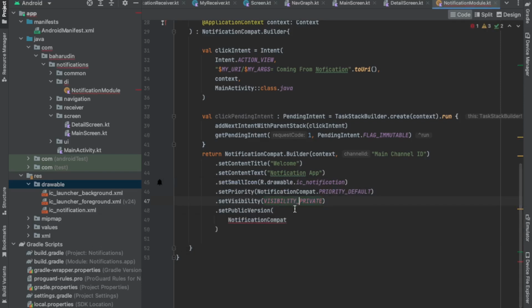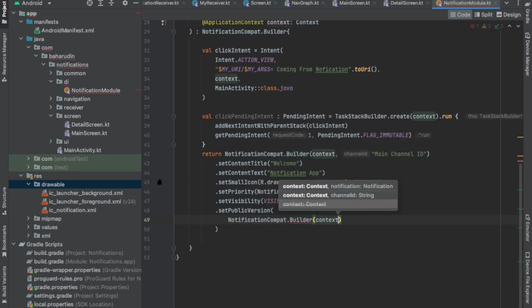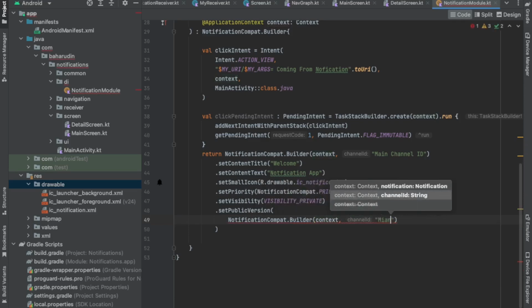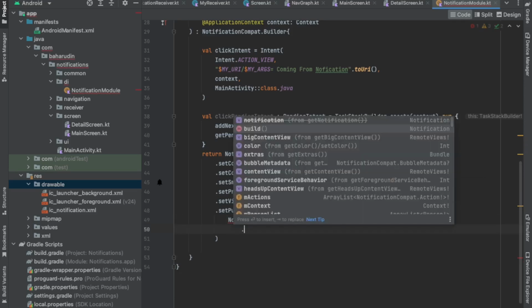Okay, NotificationCompat, and then in here I will fill in the builder, set the context, and then I will give the channel ID for the main channel, and I will give the set content